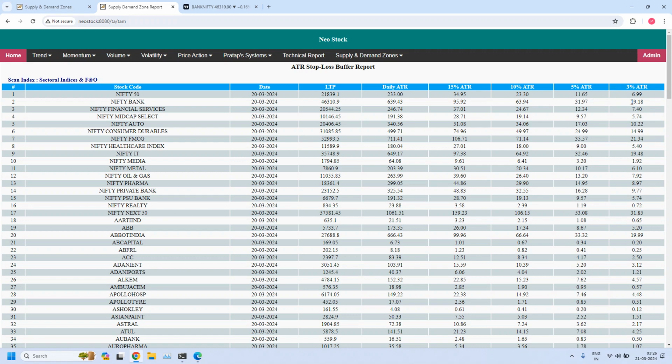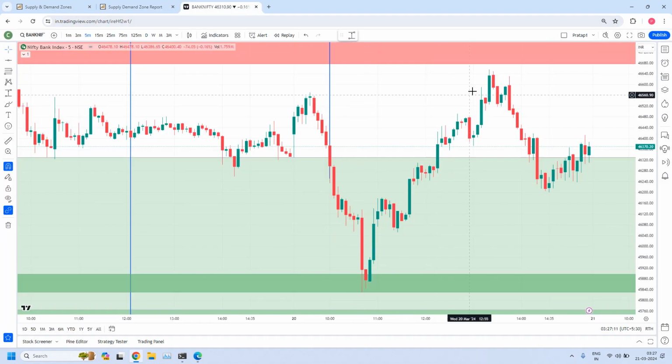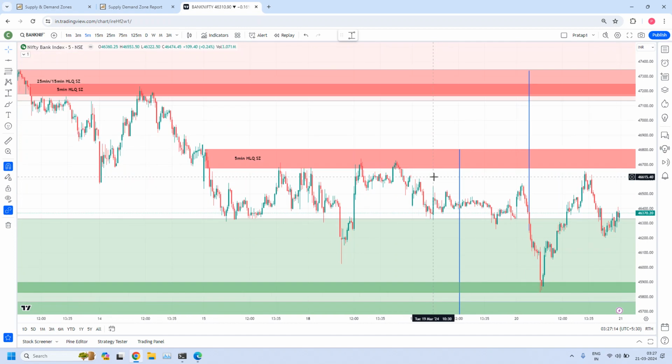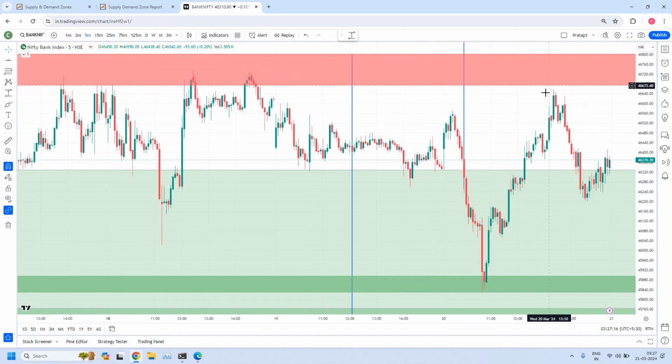So if Nifty is down from your distal line by 20 points, you can still hold the position. But Nifty is down only 2 points. That means it is exactly within our stop buffer area. We are in the trade. Finally, our trade gave you 760 points profit. From here, it reached the next zone, and here you would have taken another entry.